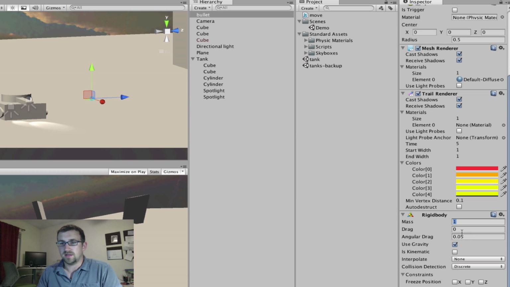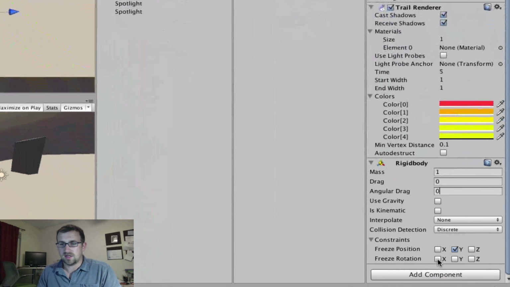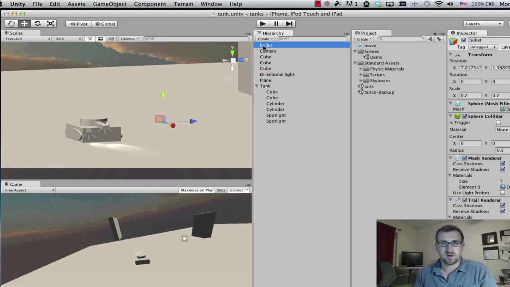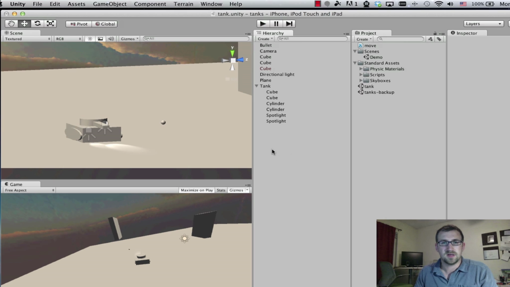So I'm going to leave it at 1. Just do 0, 0 for the angular drag. My lasers aren't going to have much of a drag, right? Take gravity off. Lasers shouldn't be affected by gravity. And then I'm going to freeze some of my rotations. So that should be good. So that's all we're going to do with the bullet right now. I'll quick rename this because everything else is uppercase and that just bothered me. Now let's go on and